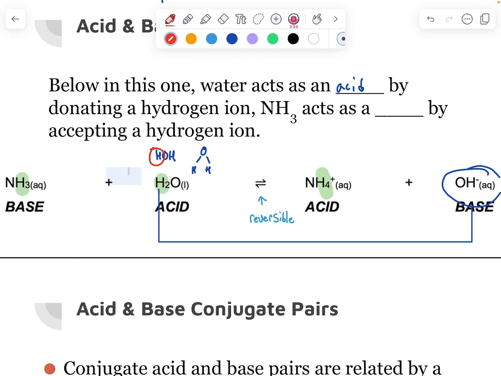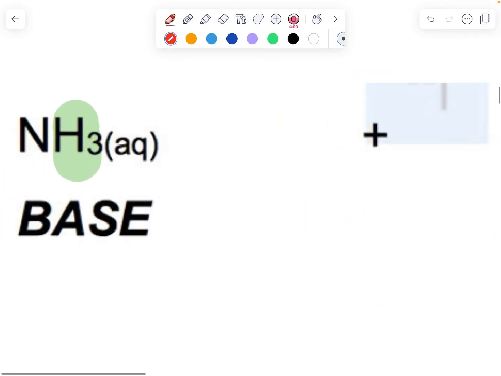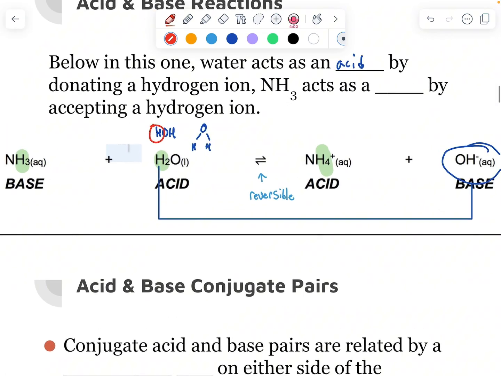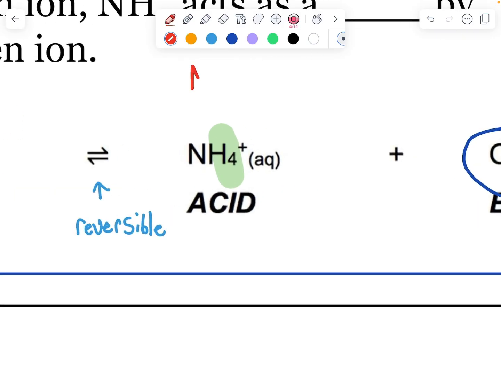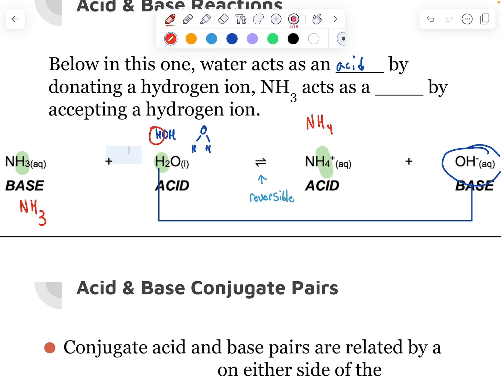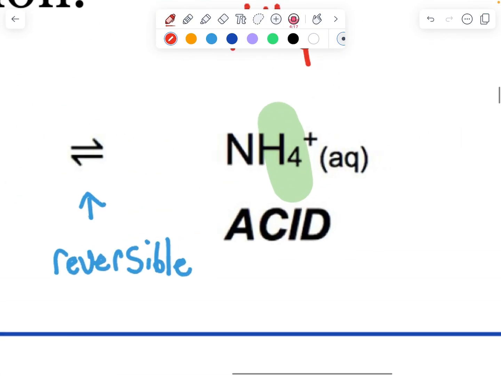This H is donated to the ammonia, so NH3, ammonia, is our base, and we can see that it accepts, so we have 3 hydrogens attached to the nitrogen, and then here we get this NH4, so it accepted the hydrogen,